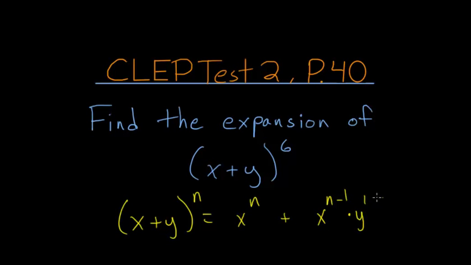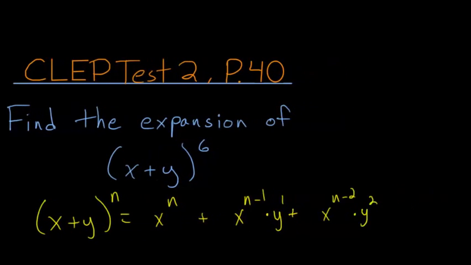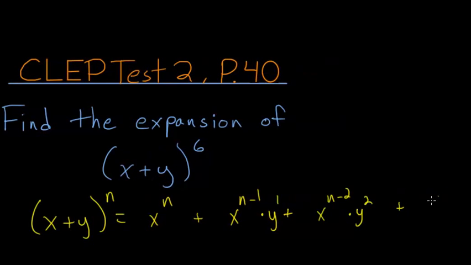by y to the first plus x to the n minus 2 multiplied by y squared. And you can start to see a pattern here. If we kept going, the next one would be x to the n minus 3 times y to the third. And you can imagine that this keeps adding, and the way that it ends is essentially the opposite of how